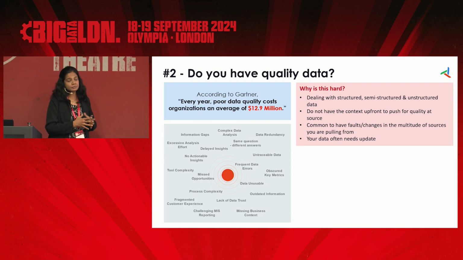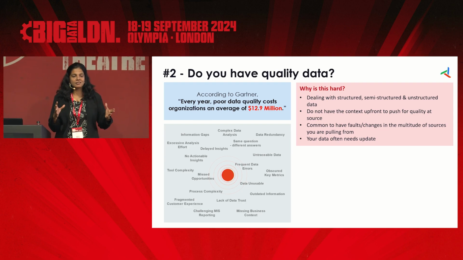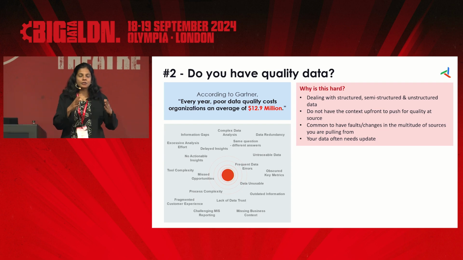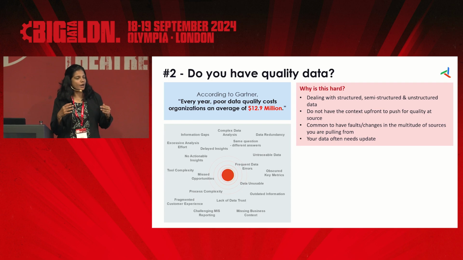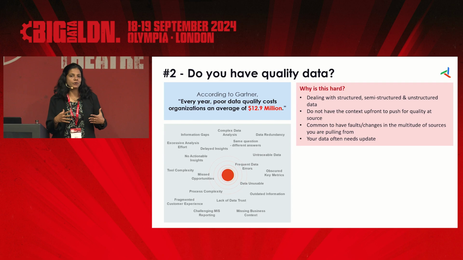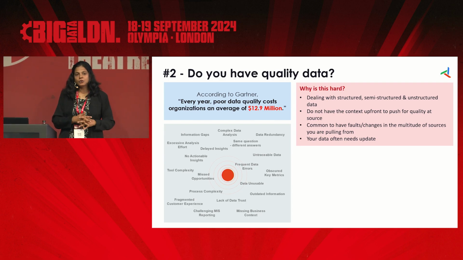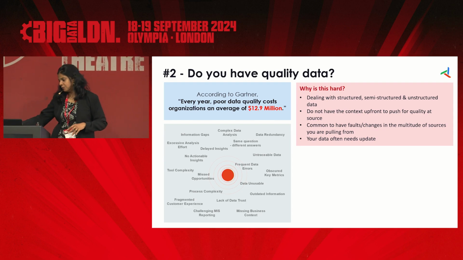And because you're integrating with tens of systems, right? Some companies even do hundreds, but let's not take that scenario. But 10, 20, 30 systems integration to get your CDP is not very uncommon. And if you are integrating with so many systems, you can anticipate a lot of faults and changes in those systems, which could ultimately impact you. As a CDP owner, you need to be cognizant of those and be able to change those. And as you know, things keep changing, it's very evolving data, so you need to keep updating your data on a regular basis.